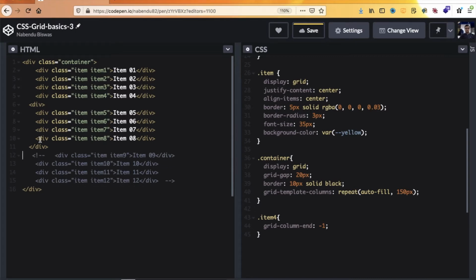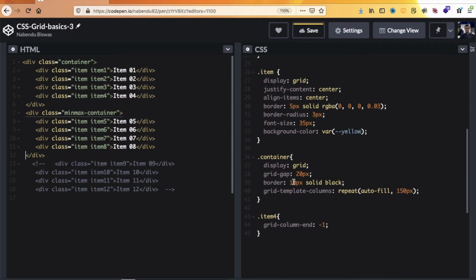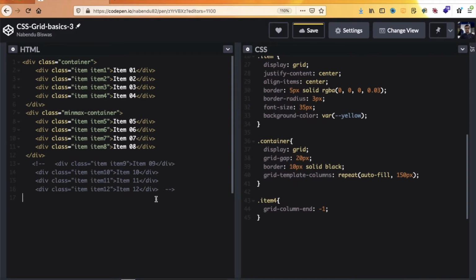And I will give the class name of min max container to it. So we have another min max container here, and let me have this and here only, so that I can show 2 different things. And let it be there and let it end here only, so that it doesn't affect our thing. So let me save it,